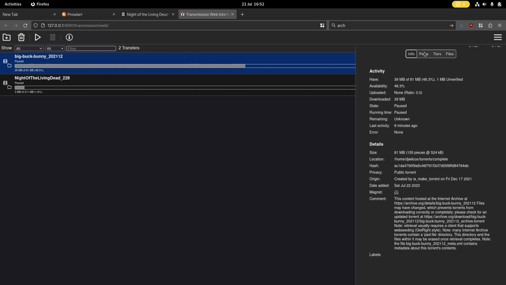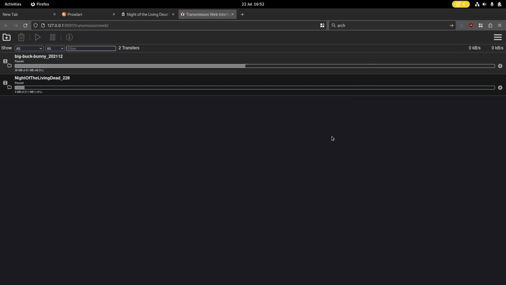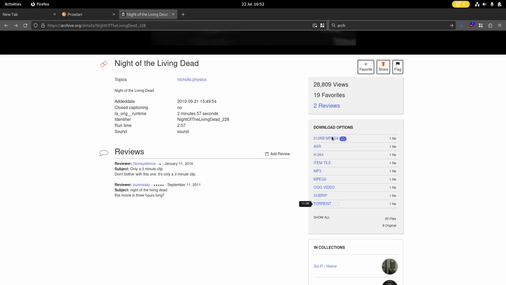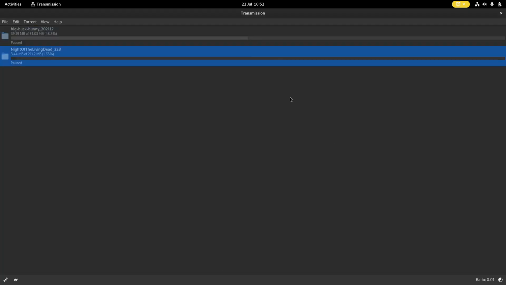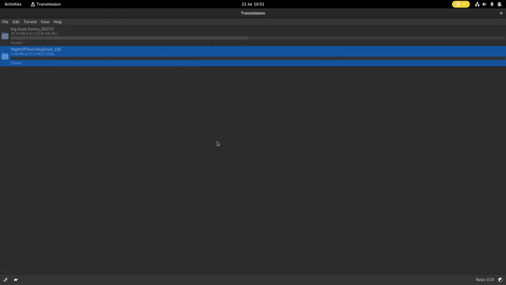Info, you get the info, peers, files. Yeah, you do. You get the same thing, and you can deselect everything, but I prefer just to use the this anyway. So that's why you want to get the set your remote. Okay, select the remote, HTTP, username, password, and then again